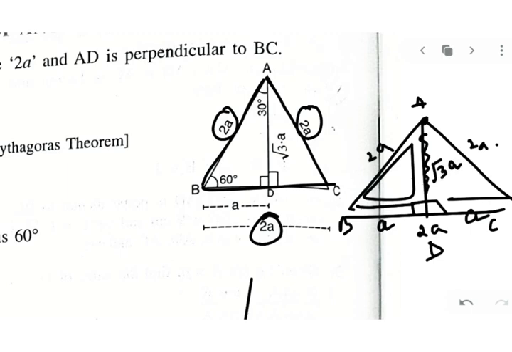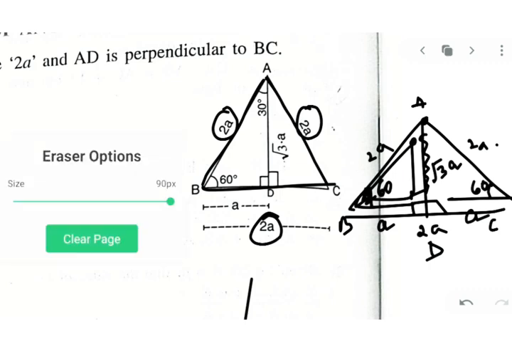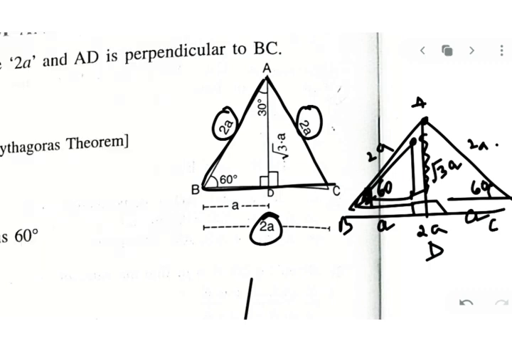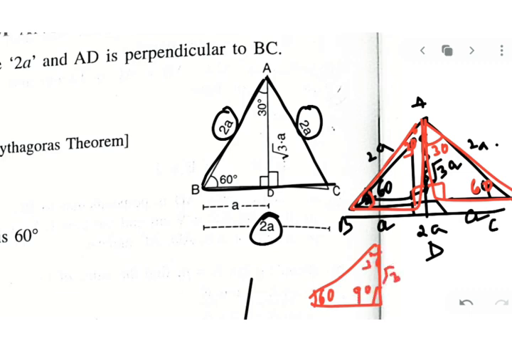Got my point clear? Now this is, my dear kids, 60 degree. This is 60 degree. And this is 90. So naturally in this triangle, I'll mark it in red color here. So you'll get to know, if I go in this triangle, one is 60 degree, one is 90 degree, so this will be 30. Again for this triangle, this will be 30, this is 60 and this is 90. So I got two triangles like this, 60, 90 and 30. This is root 3a side, this is a and this is 2a.